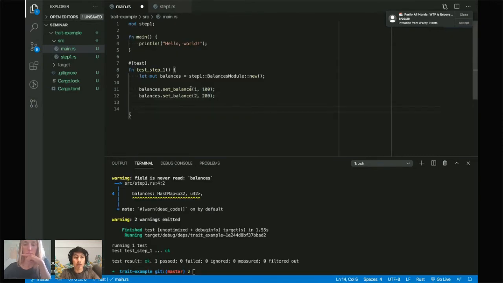And let's assert to make sure that this is correct. I should be able to check balances.balance, so this is me querying the storage. And I should be able to assert that the balance of user 1 is equal to 100. And I should be able to assert the same about user 2, equal to 100.